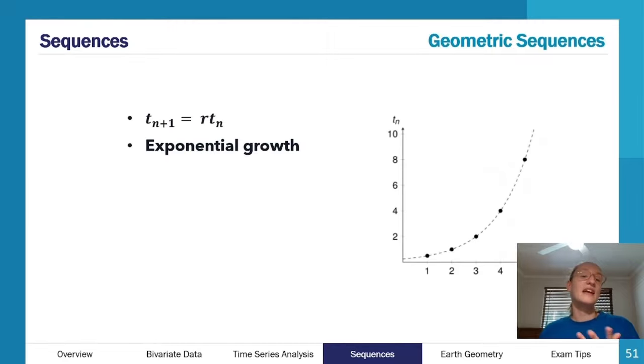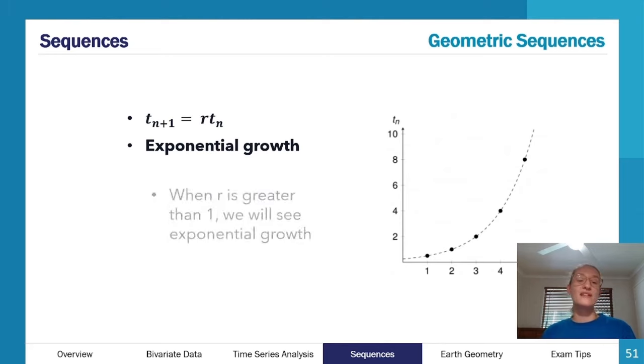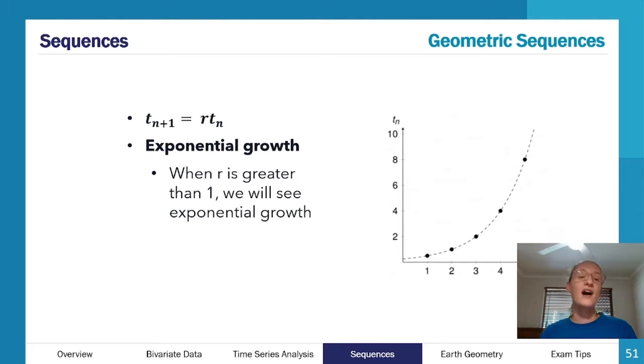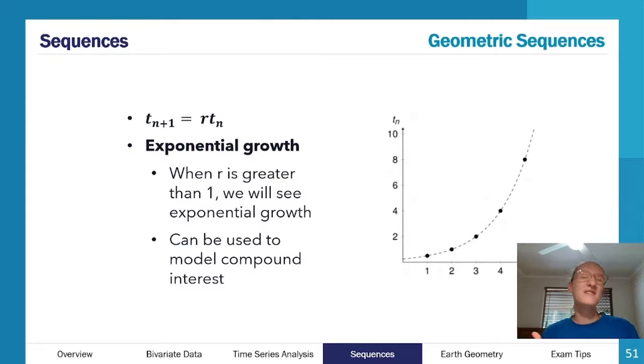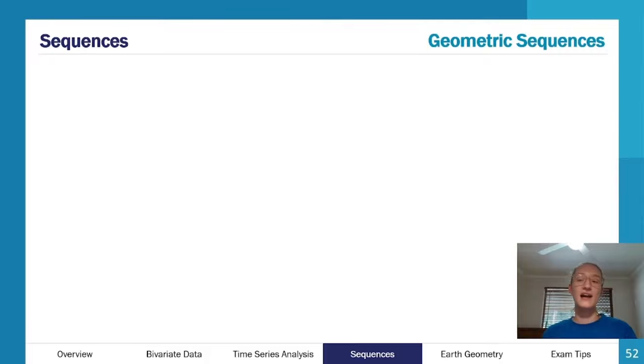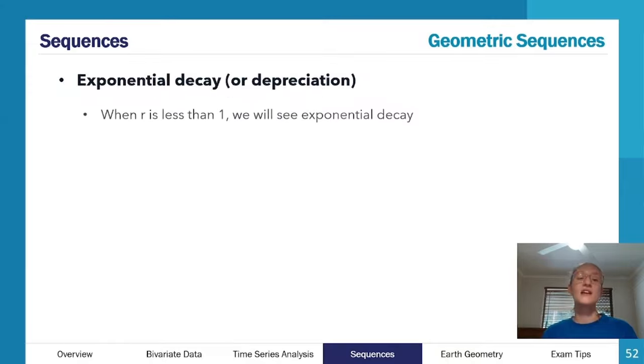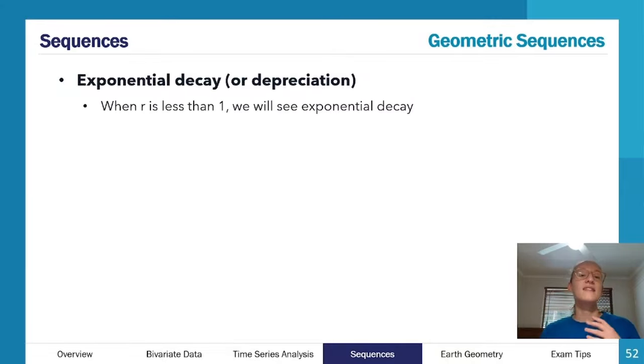So again, exponential growth is what we see in sequences when r is greater than 1. For example, a practical application of that is if we're modeling compound interest. The amount in our bank should hopefully be getting bigger by a certain factor, this r, each time the interest is applied. The other side of things is when r is less than 1, and we actually see that exponential decay